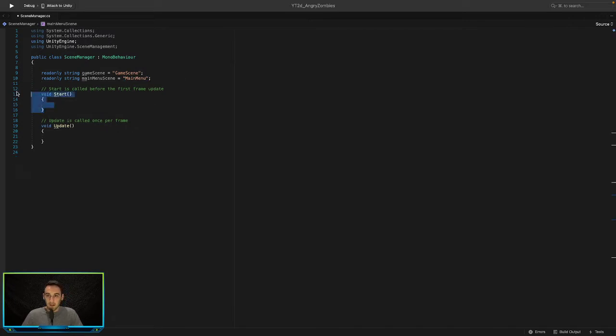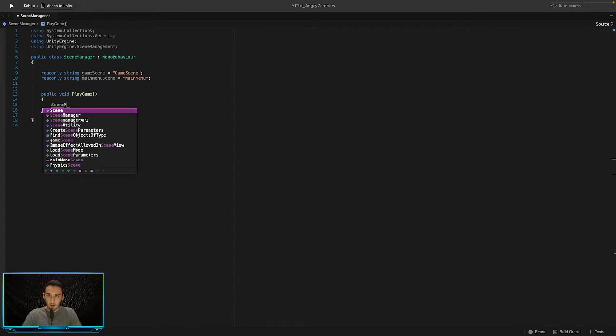And then we don't need our start function, nor do we need our update function. So let's create a public void play game. And then all we want to do in here is go scene manager. Okay, my laptop is struggling a bit. Scene manager dot load